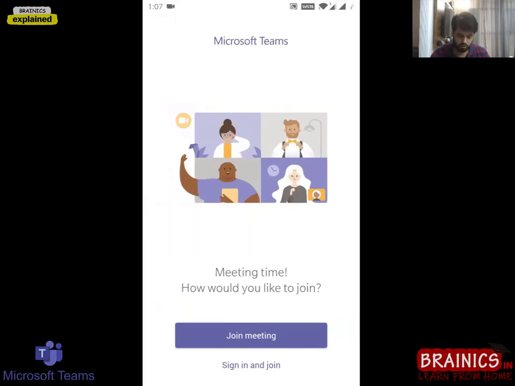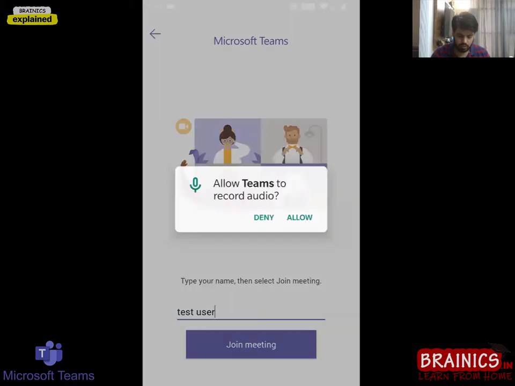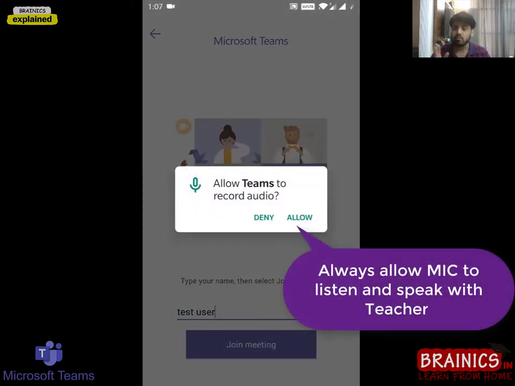It is showing me that I can join the meeting or sign in and join. As I cannot sign in because I don't have my organization email, I'll click on join meeting and type my name, test user, and click on join meeting. And see, this is a very important step. Always allow this, don't deny this.